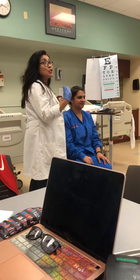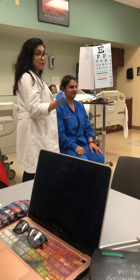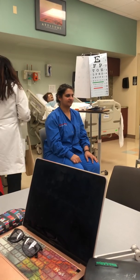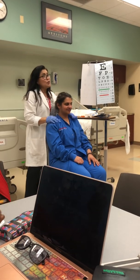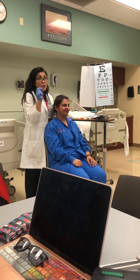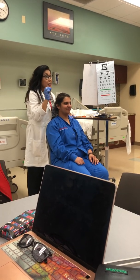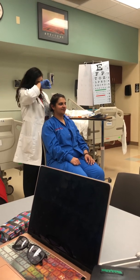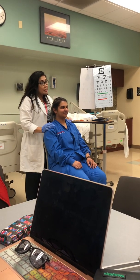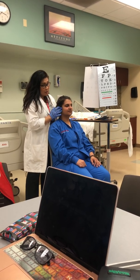So when the patient can do it without difficulty, without any pain, then cranial nerve 10 is intact. Now I'm going to do the lymph nodes. Your lymph nodes should be mobile, about 1 millimeter in size, and smooth to touch. When you touch them, the patient should not experience any pain or tenderness. The nodes that I'll be showing you today are your pre-auricular nodes in front of the ear,